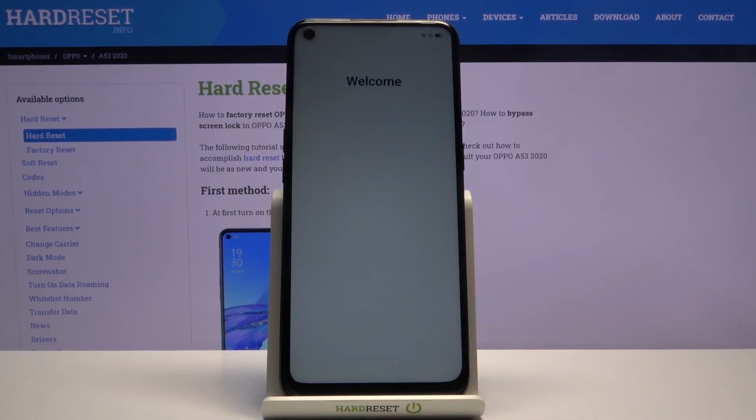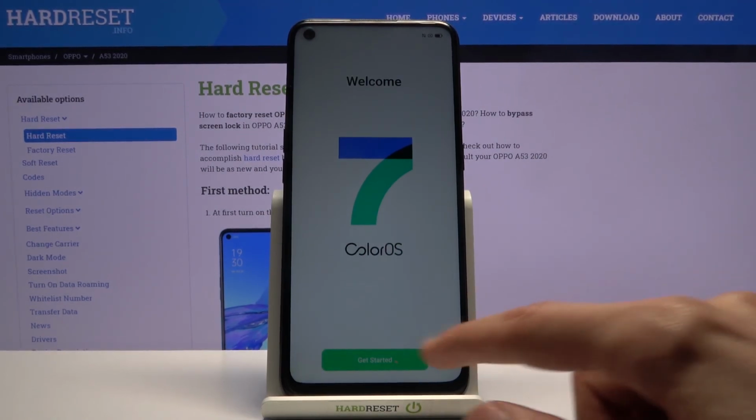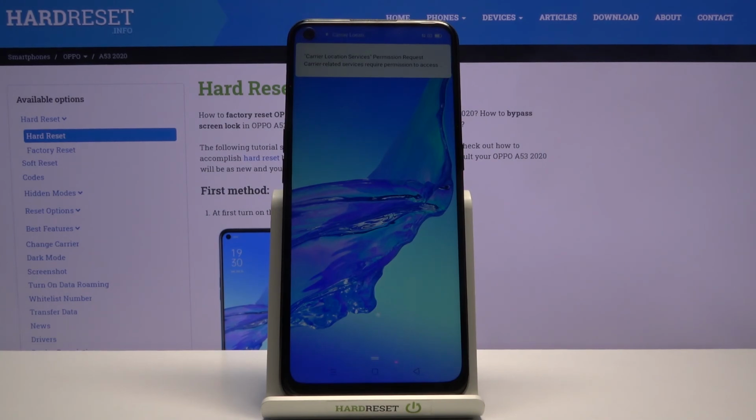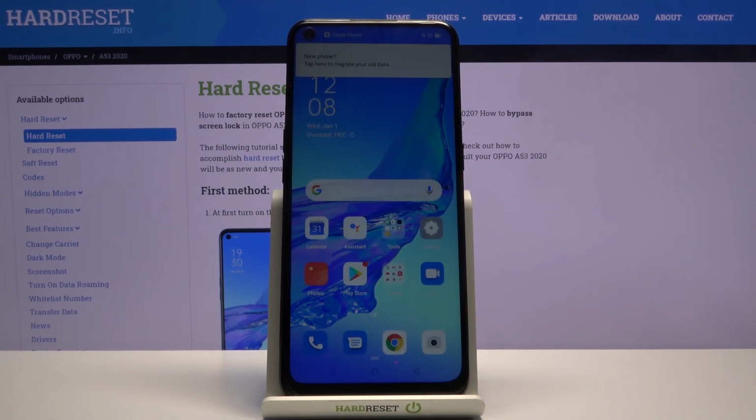So let's go to later, and we're basically done with the setup now. So tap on get started and you should then be greeted with the Android home screen. And there we go. So that is how you'd go through the setup of this device,